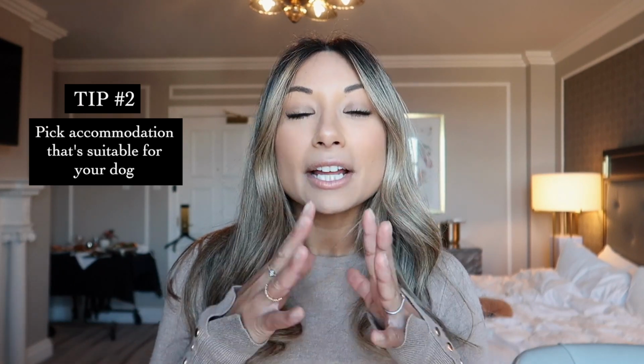Tip number 2 is to make sure the accommodation that you're choosing is suitable for your dog. So if you have a puppy and they're say under 6 months old, under 5 months old, I would suggest the first stay being somewhere like an Airbnb or a house or a cabin, basically somewhere with immediate access to the outdoors. On our first stay with Fino, when he was 4.5 months, we stayed in a beautiful house,